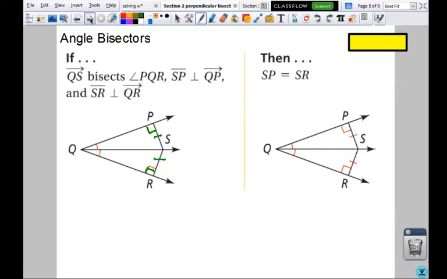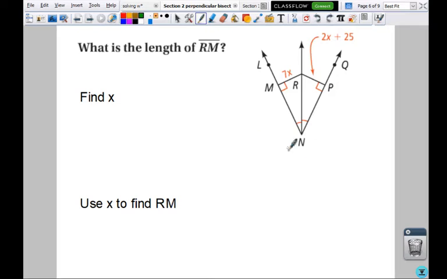Got it, Tristan? Alright, so if I look at this shape right here, I have an angle bisector because of these little marks right here, and I've got two 90 degrees. I have two perpendicular parts, which means inside this I have congruent segments. I know that this piece is congruent to this piece. So I can find the length of RM, this little one right here, by doing what I did before. I'm going to find X by doing 7X, this first piece,